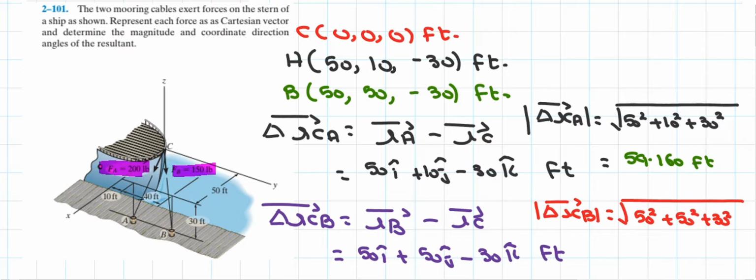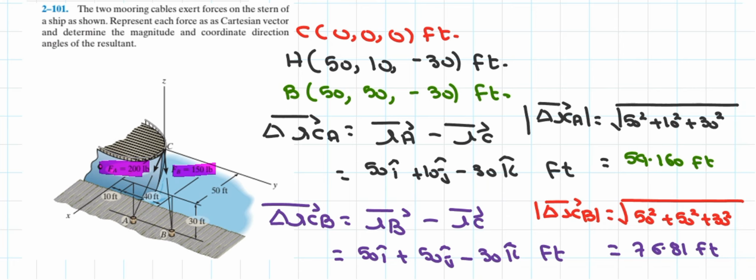So grab the calculator, put the values into it and solve it for the magnitude of RCB. So the value of magnitude of RCB is nothing but 76.81 foot. Our second step is completed here. That is, we wrote the position vector of every single force present in our diagram. Now, let's jump into our last step, that is to convert the magnitude form of force into the Cartesian form.